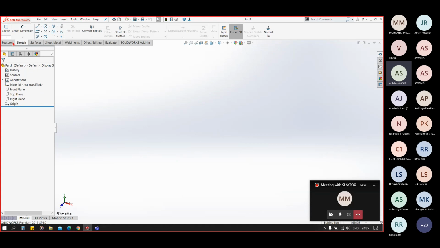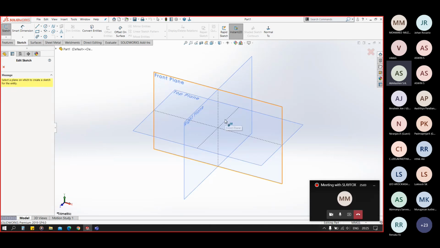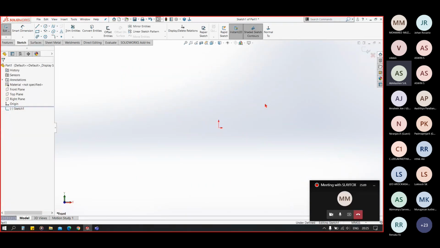So as usual, we click on sketch to start the sketch, and we have three planes here, of which we have to select one for the sketch. When we select, it gives a view normal to our screen. After that, we have to make our sketch as per our requirement, and we have to constrain it.